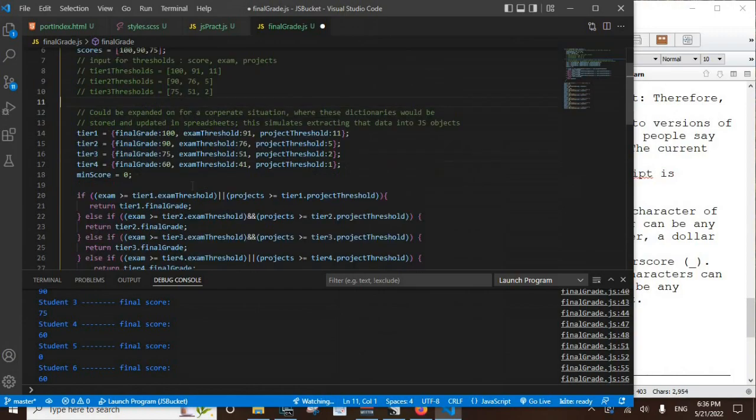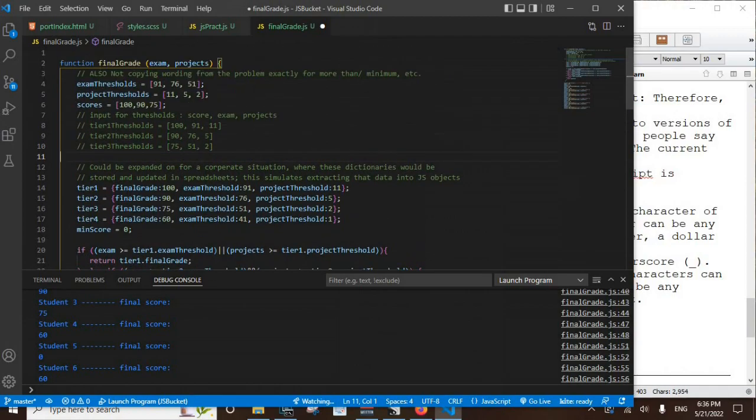So you could take this whole thing and put it into an object, and this would be a method within that, because when a function becomes part of an object, it's referred to as a method. It'd be like calculate final score for, I don't know, students. I don't know what I would call the object to be more specific. I would have to have more specific things.